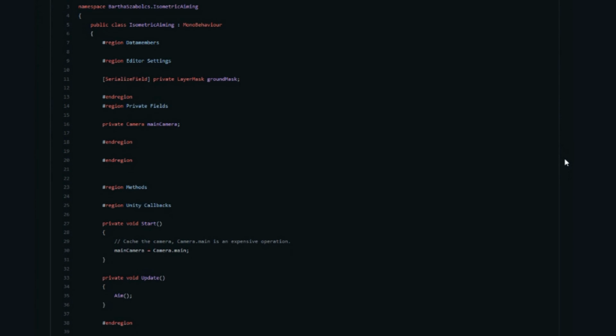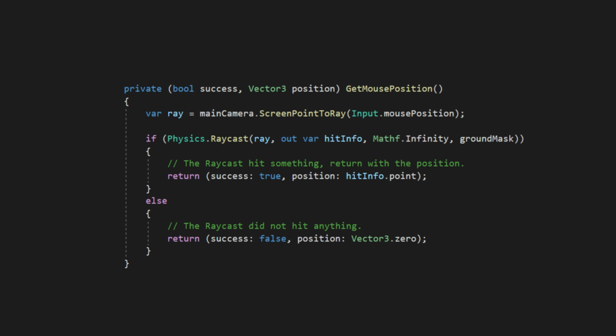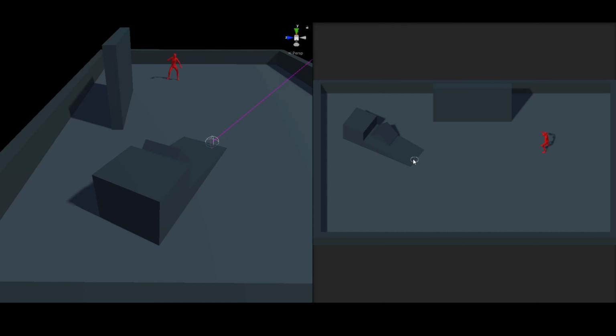I would like to know two important things about the raycast. First, that it either returns true or false, depending on if it hits something or not. The actual data will be copied to the hit info variable. Secondly, that a mask can be used to ignore colliders on certain physics layers. It depends on your use case, but you probably only want to include the ground layer in this mask.